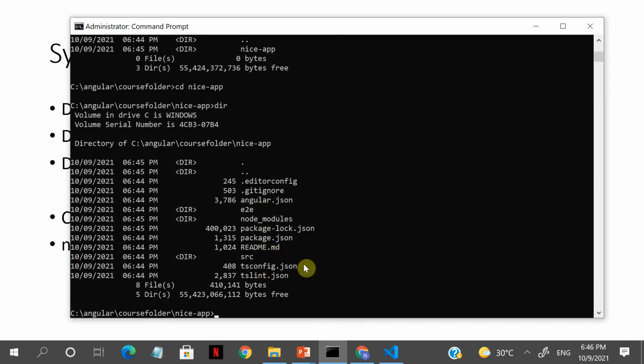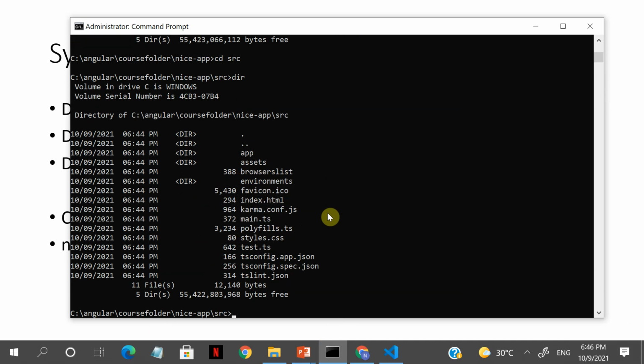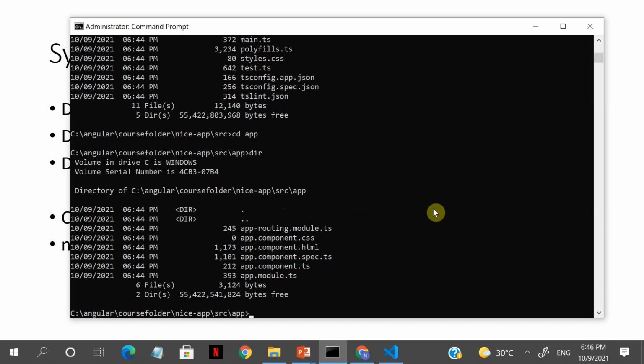To make sense out of it, there is a src. Let's see src. As I told you, there is a CSS, index.html, a test.ts file, all of these are created over here. And then you also have an app folder. This is where your main app will reside.